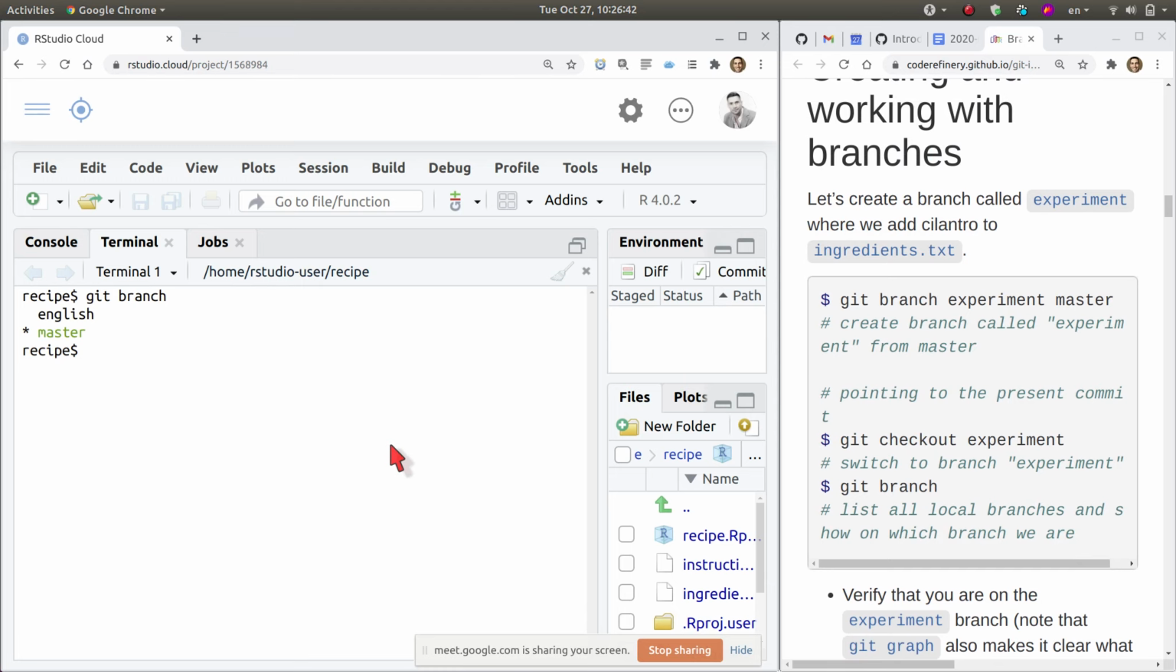Okay, so the lesson is suggesting to create a new branch called experiment, and then we add cilantro to the file ingredients.txt. So, we are in master. We did git branch. We know that we are in master because we see that asterisk there. So what we do now is git branch, and we just give the name of the branch,